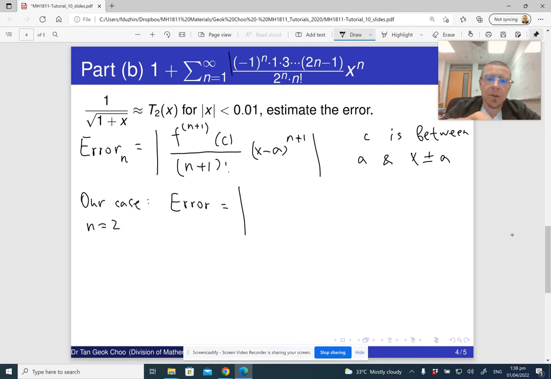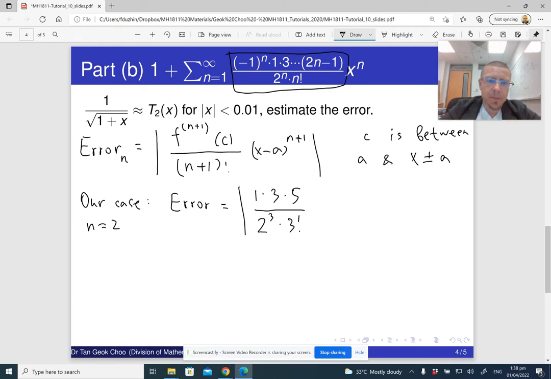In other words, I need to look at this term with n equals 3, and to estimate the error I use the absolute value, so I don't need the minus 1 to the n. So order 3 means it's going to be the product of 3 odd numbers, 1 times 3 times 5, divided by 2 cubed times 3 factorial,